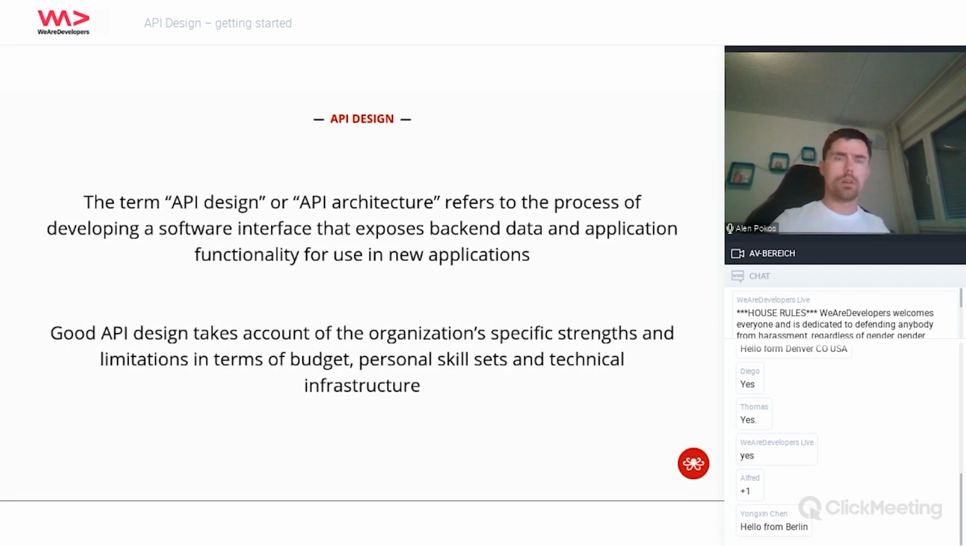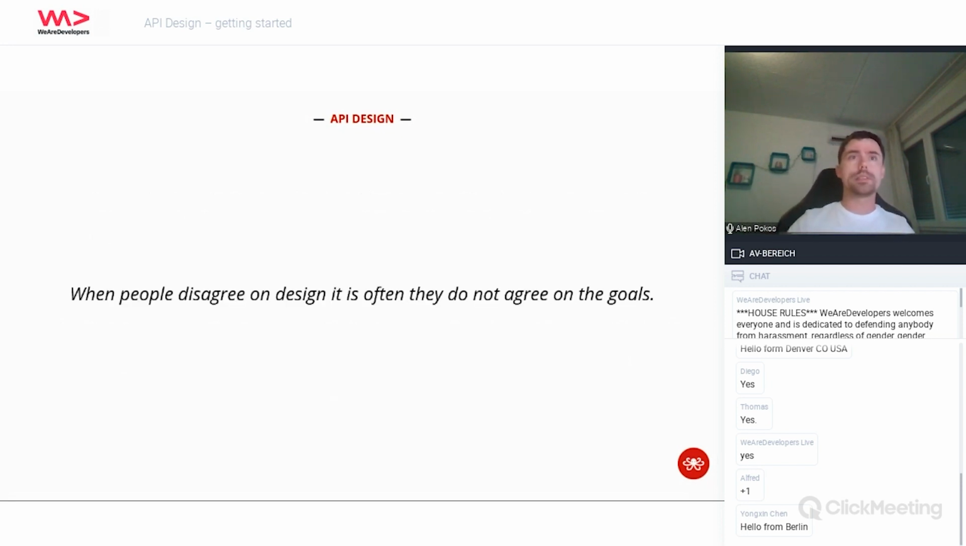One thing that we often come across in our experience when talking about API design is that when people disagree on design, it's often because they don't agree on the goals. And in my experience, this is one of the very important notes to have in your head. A lot of the time the discussion is about the design, but we need to consider what our